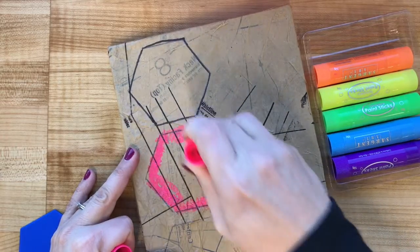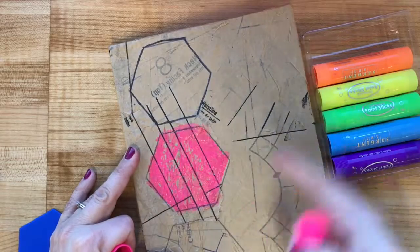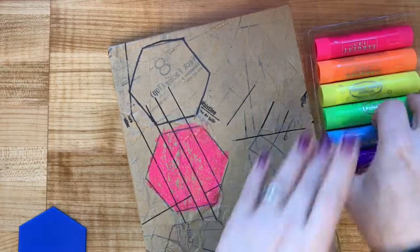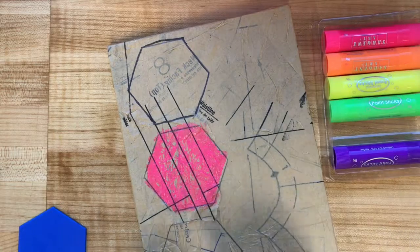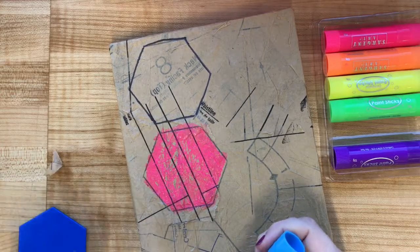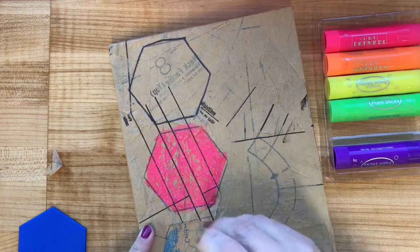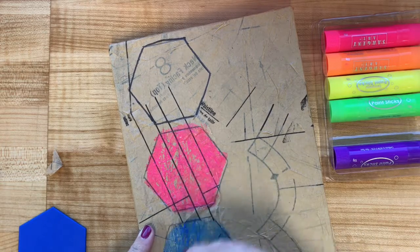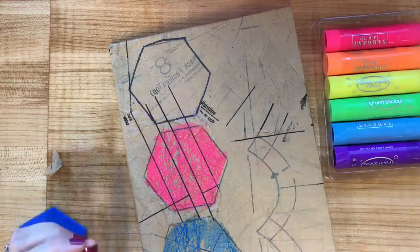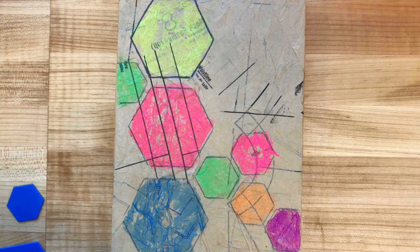Now some of you might have some loose paper from the paper mache that we used earlier. If that's yours, you might not be able to do as much work with this background stuff. Like this part kind of came up. Maybe I can pull a little bit of that off. Oh yeah, that worked fine for me. So you might be able to do that a little bit, but we don't want to end up pulling off all of our background stuff, the paper mache. As you can see, I added a couple more things in the background, but now I'm going to start my